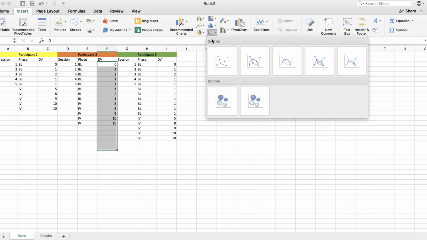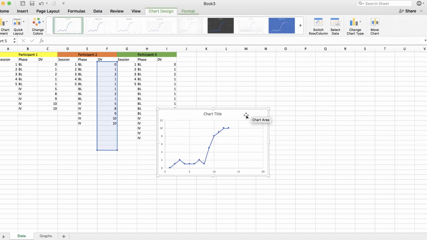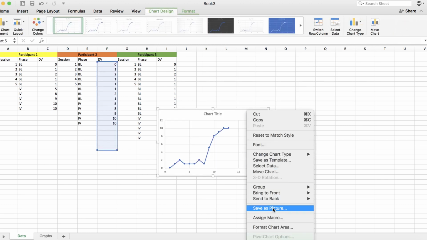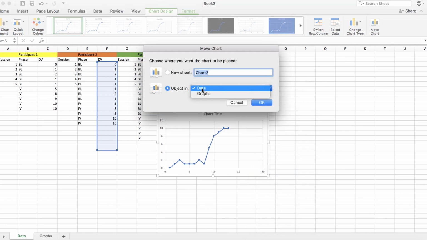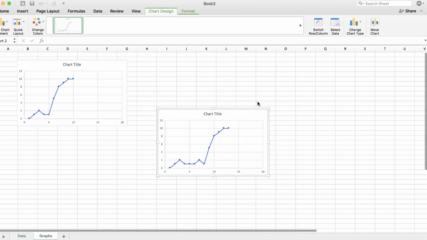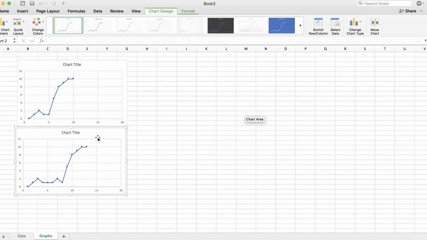Insert, scatter, move chart to object in graphs. Okay, and then